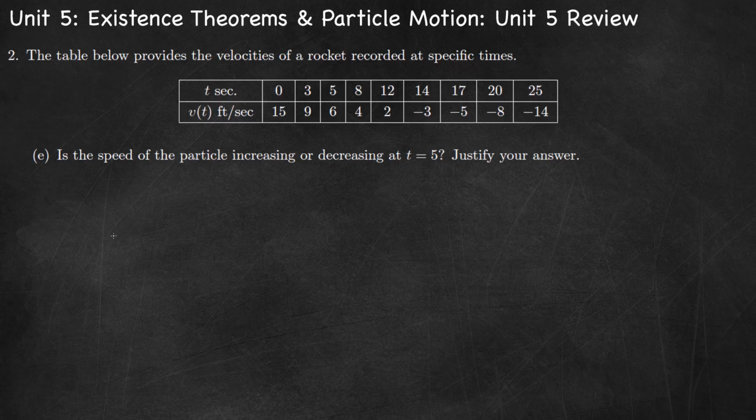Part E, is the speed of the particle increasing or decreasing at t equals 5? So at t equals 5, we have velocity equal to 6, which is positive. And the velocity is decreasing around this point. It's going from 9 to 6 to 4. So the velocity at time 5 is positive